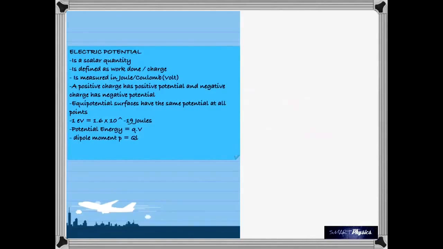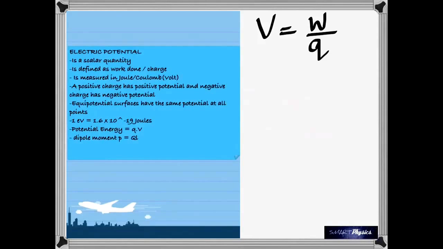Potential energy is basically the product of the charge and the electric potential. Dipole moment is the product of one of the charges and the distance between the charges. Important equations: